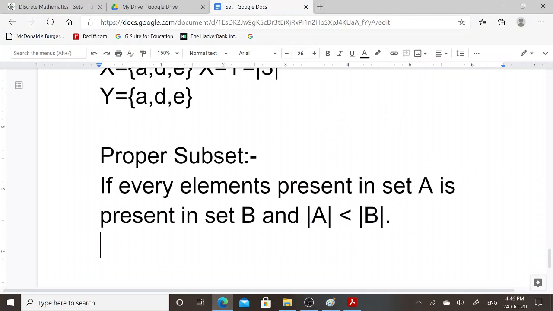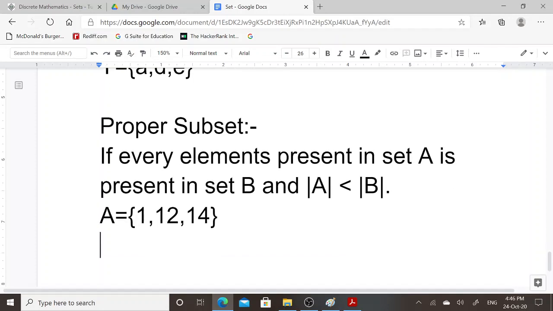Consider an example. If set A contains elements 1, 12, 14, and set B contains elements 89, 70, 1, 14, 12.